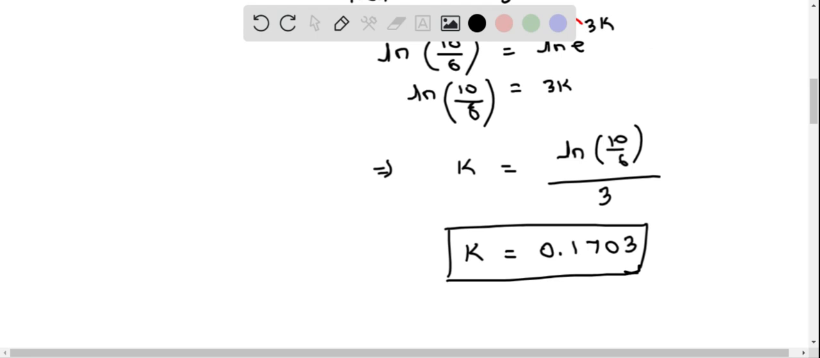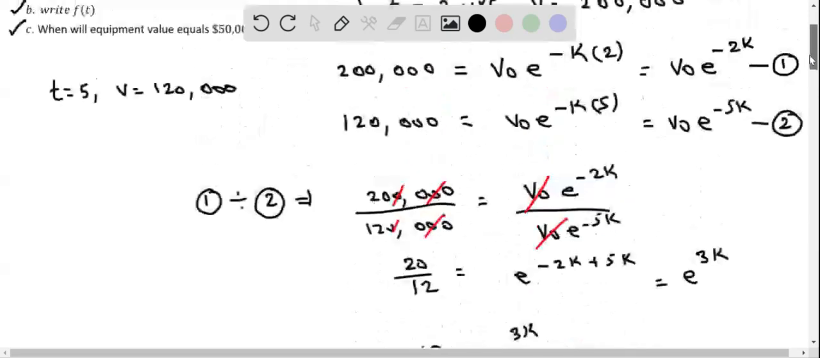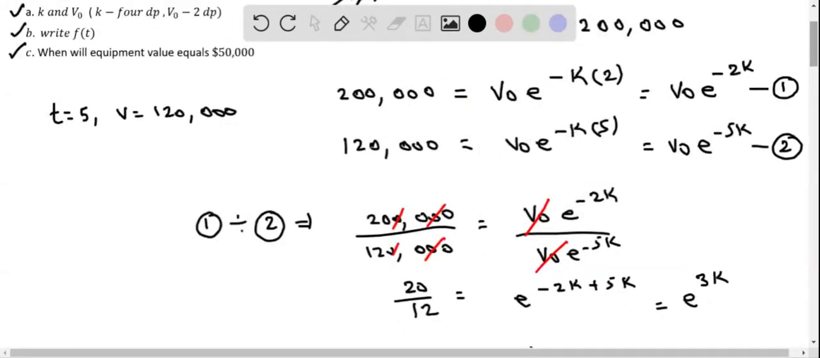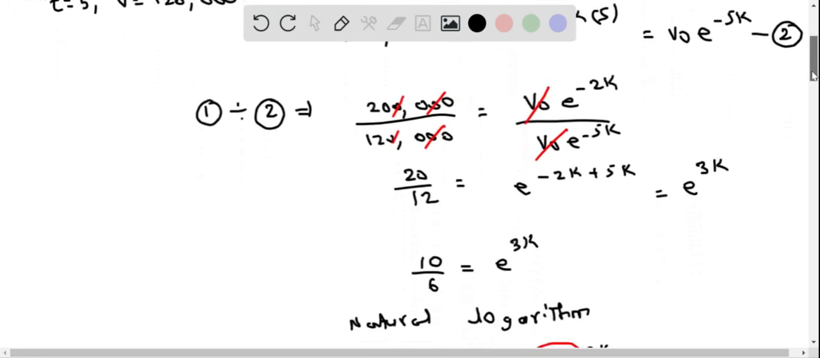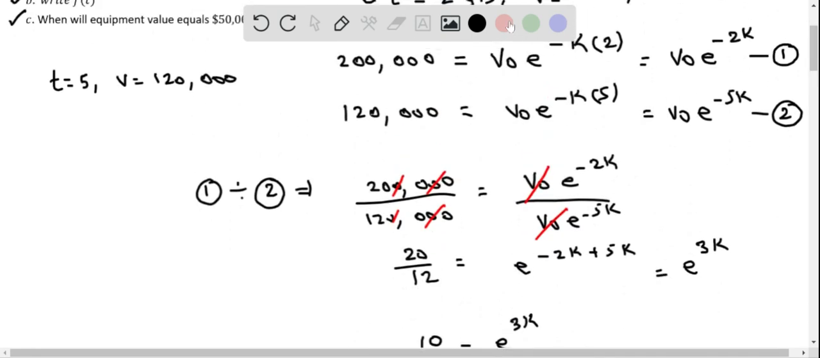Let's now determine the value of t. So to determine the value of t, we can take the value of k and plug it into one of the equations, either equation 1 or equation 2. So let's plug it into equation number 1. Let me write down here. So I'm going to write down 200,000